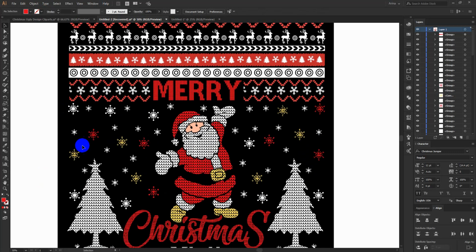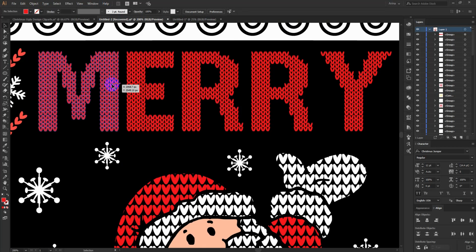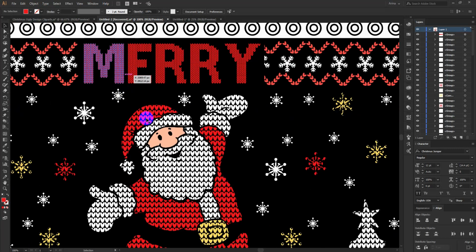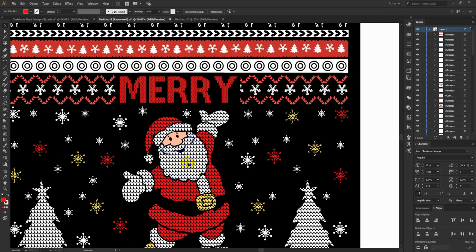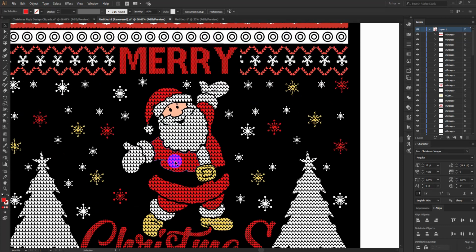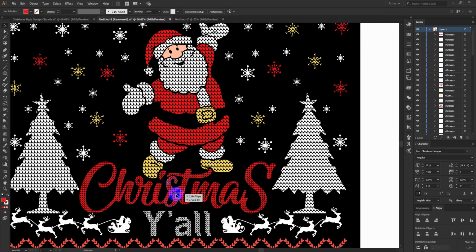One thing you need to understand here is which font you can use. I am using here a font called Christmas Jumper. That font is this one, and this font is built in this kind of pattern style, so you can simply use that one. And here I use that same pattern to make this Santa Claus, and this is another font called, I don't remember this one's name, Miraculous Christmas or something like that. You will find this one on the font.com.